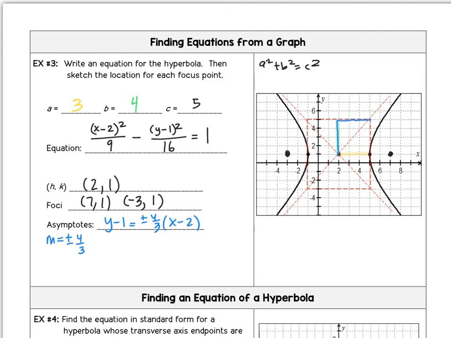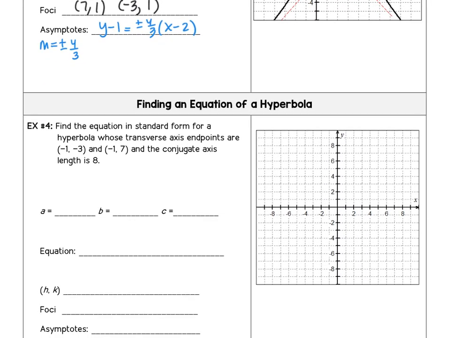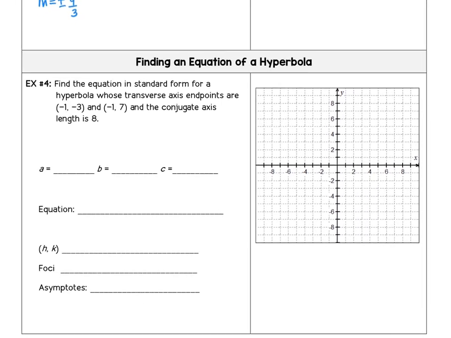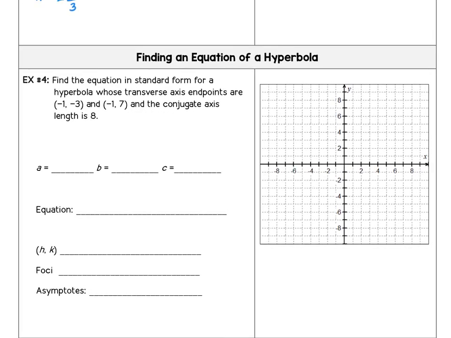All right, so let's look at example 4. Find the equation in standard form for the hyperbola whose transverse axis endpoints are -1, -3, and -1, 7, and the conjugate axis length is 8. Wow, okay, so let's see. Well, transverse axis. So we know the center is halfway between these 2 points. So I'm going to go ahead and put these 2 points on here. So -1, -3, that would be here. And -1, 7